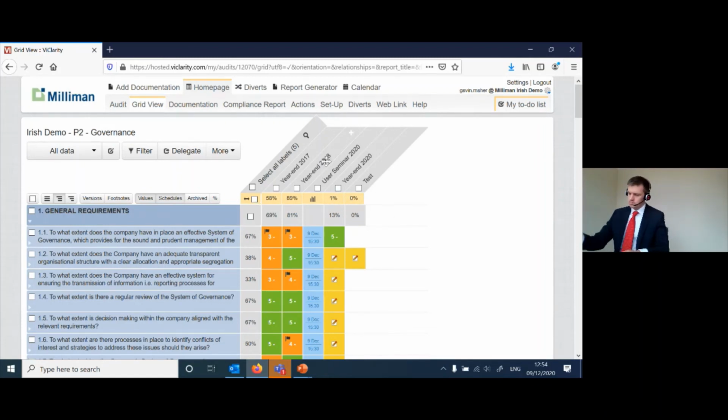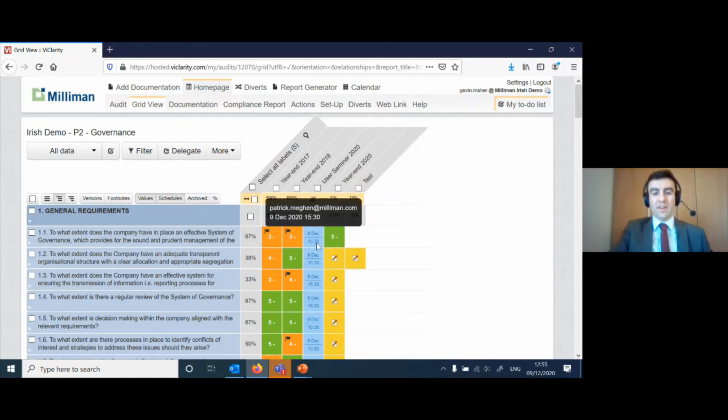Great, thanks Patrick. There was only one other point I was going to mention before the Q&A, and it's this update from Vyclarity on cloning. You'll see the example I cloned earlier. We sent these questions over and it gave these options to be answered. There's a really useful function now if you're cloning and you know that not a lot has changed, say if you've done this process quarterly and you just want to clone over, and a lot of the answers probably haven't changed.